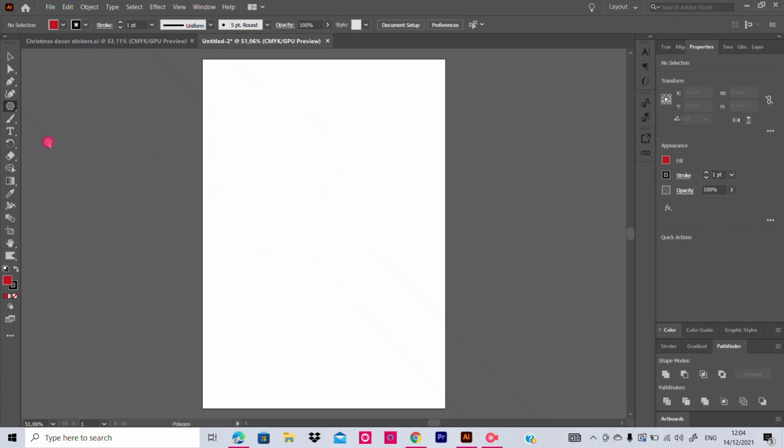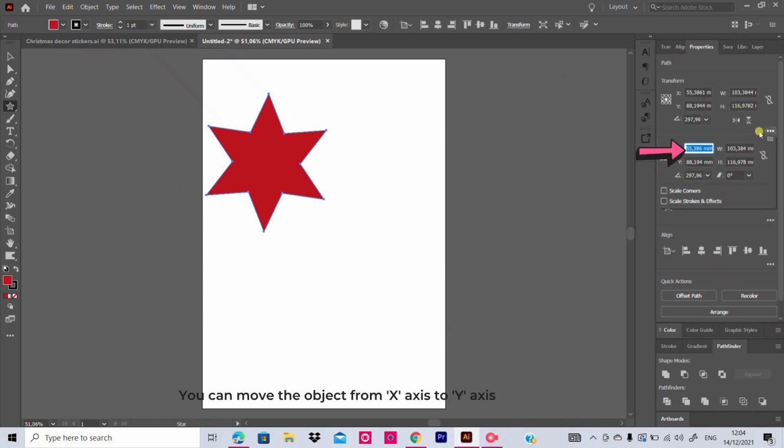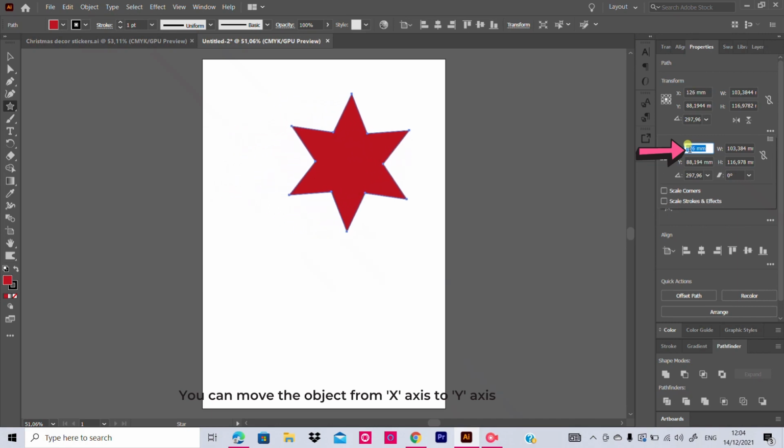Okay, so the next tool is the star tool. Just click and drag it. Same thing in the properties, you can change the width and height, x-axis. Suppose you are taking this, change the value. We can move the object from x-axis to y-axis.